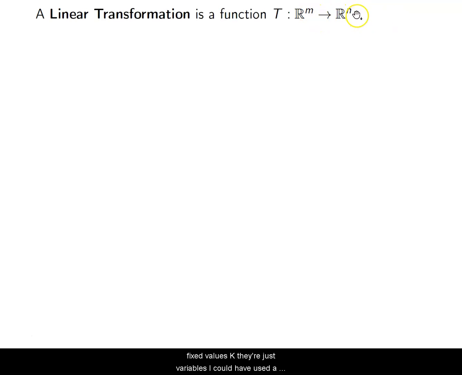I could have used a and b, r and s, or I guess s and t, right? The general standard is m and n. Okay, so don't get caught up on the notation. So if you see m and n somewhere else, it does not have to be in this order. Okay, so